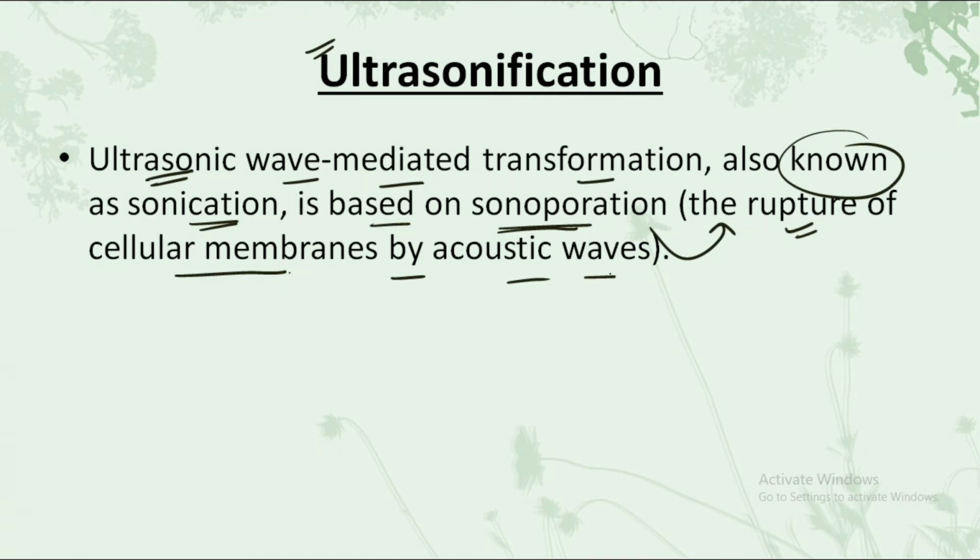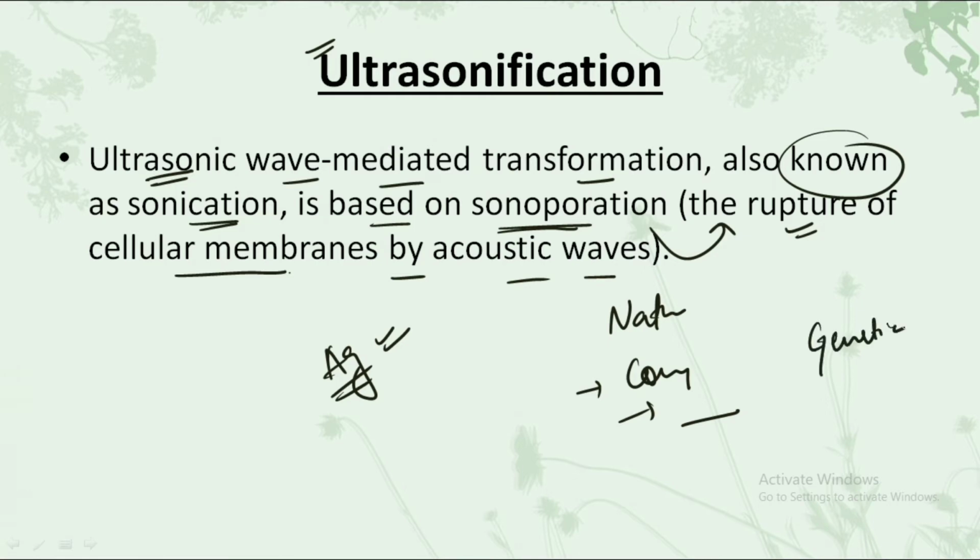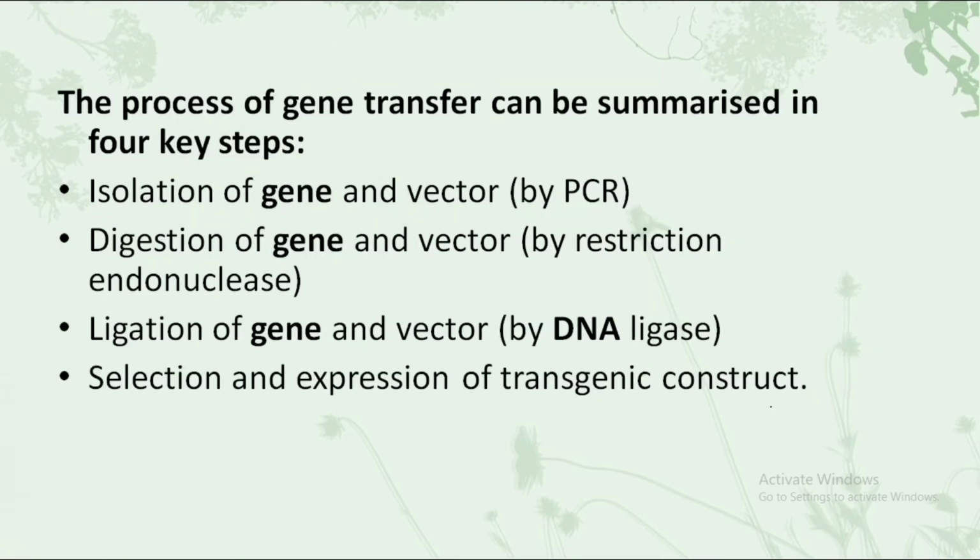So this was about all the direct methods that we could use for the complete process of gene transfer. We have already covered the agrobacterium mediated gene transformation in the previous videos, and when we study the natural methods, we have to cover conjugation and other methods. So from next week, when we would be studying genetics, I'll try to cover these topics in that particular unit. So now let's understand the process of gene transfer.